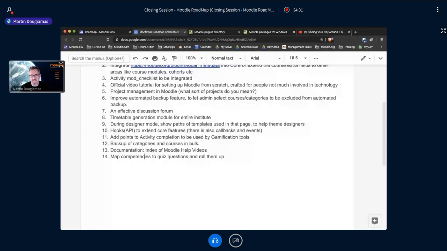That's a shorthand, but if you have a competency framework with, you know, learning outcomes, the idea is you map them to quiz questions and then you want to roll them up somehow into results for the student, for that course or just for the student.